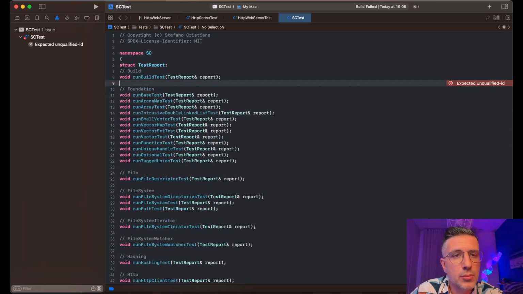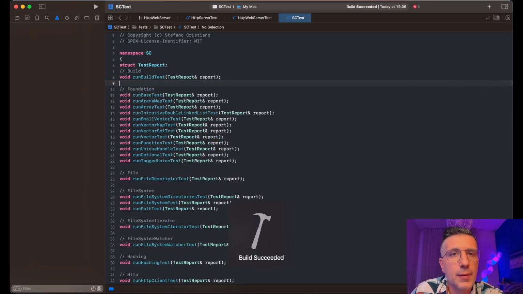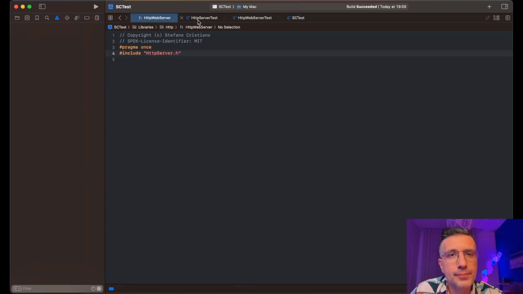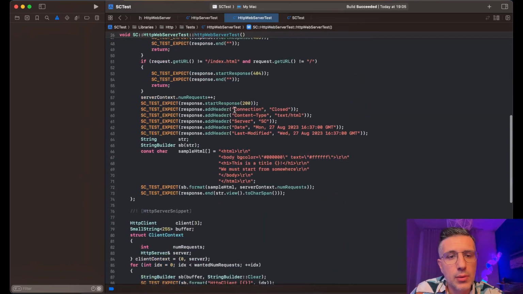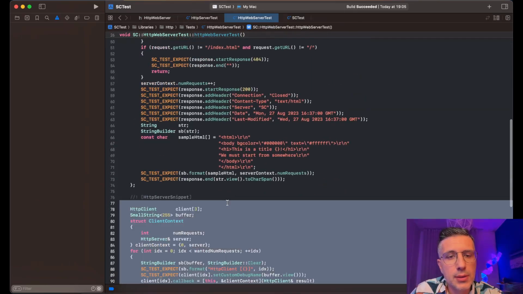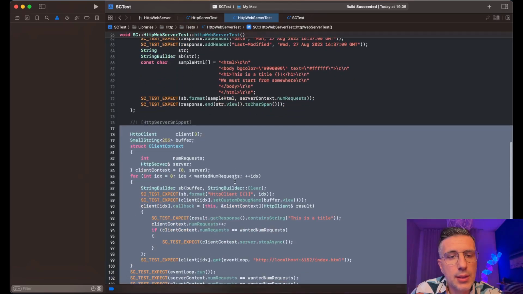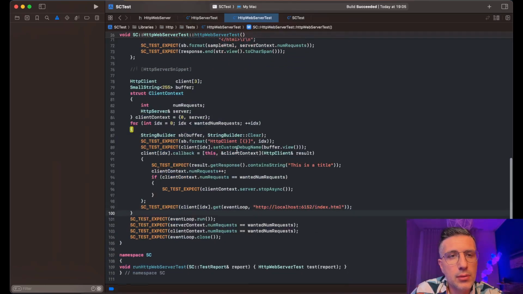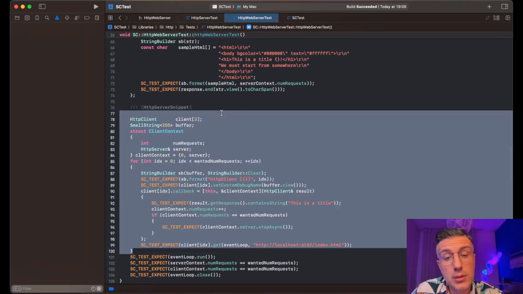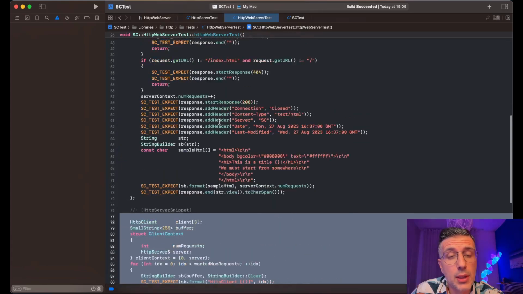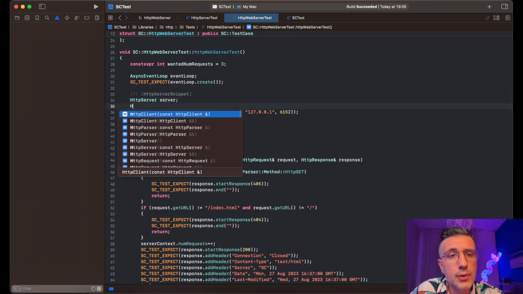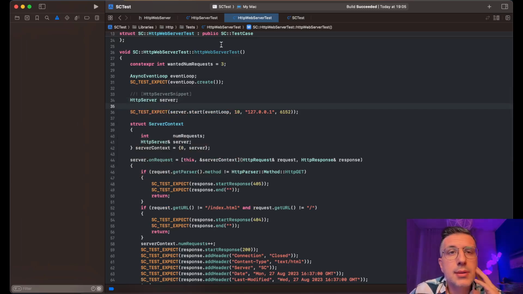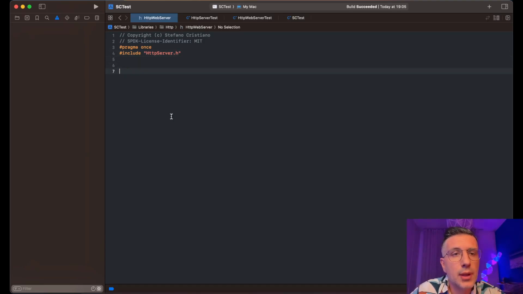I had the cursor in multiple places. Now, where's the test? This is the test. What do we want to do in the test? I definitely want, well, do I need the client? Yes, I probably need the client, not so many clients. I need to create the server, but let's first draft the class a little bit